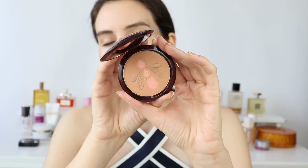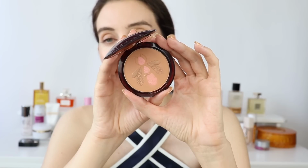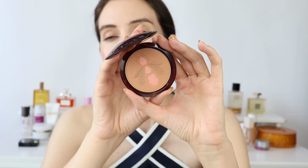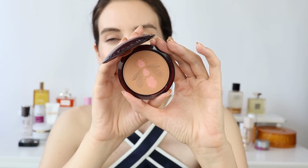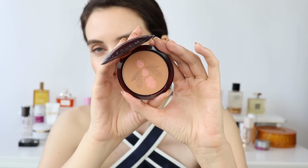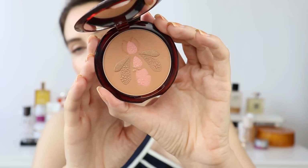You may purchase this bronzing powder just to collect it, or you may just enjoy and use it. But either way, I think that it's a beautiful powder. I think that Guerlain have the best powder bronzers. This is the brand that definitely has the best powder bronzers. And about this one in particular, I wanted to show you, I think the color is going to suit